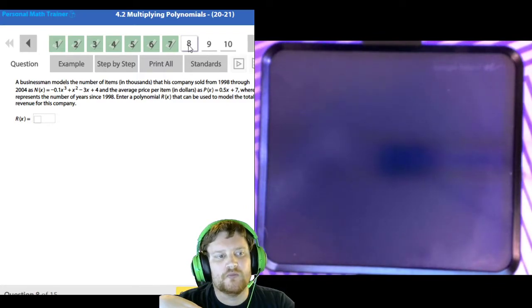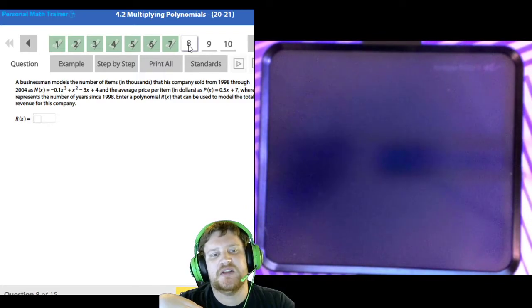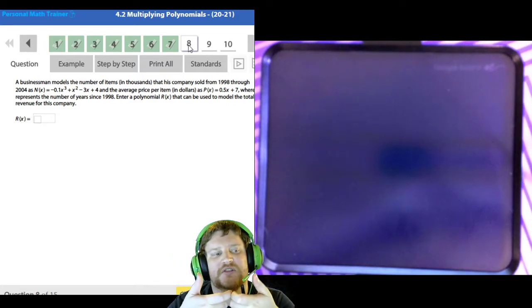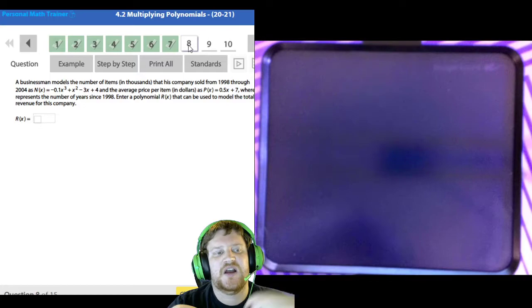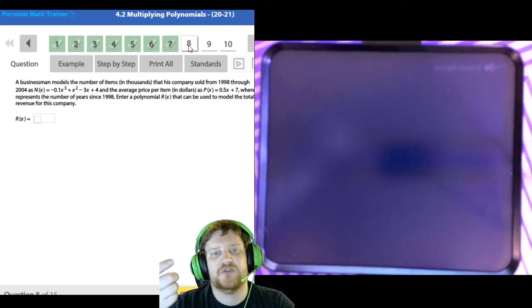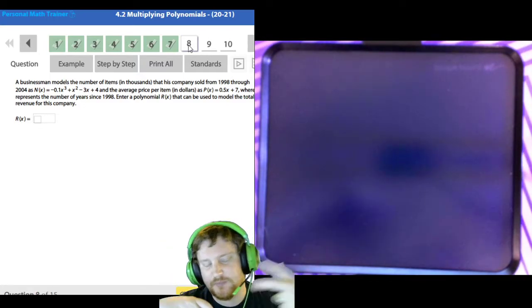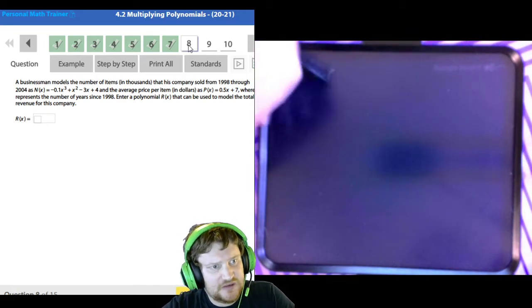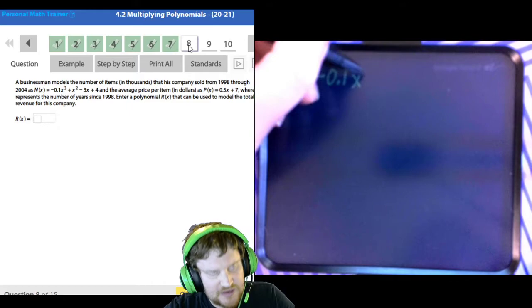So the revenue that you make is how many items you sell times the amount that it costs. So if I can find the number of items and the average cost and multiply them together, well, they've given us both of those. It's negative 0.1 x cubed